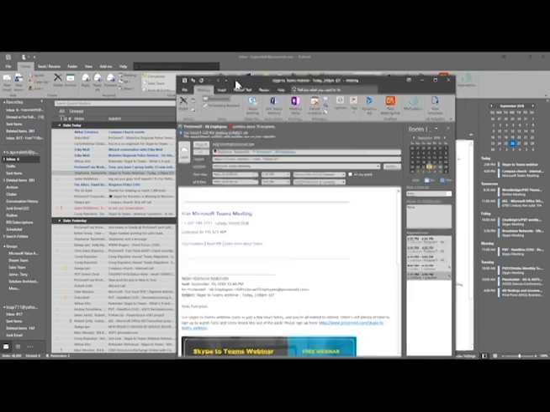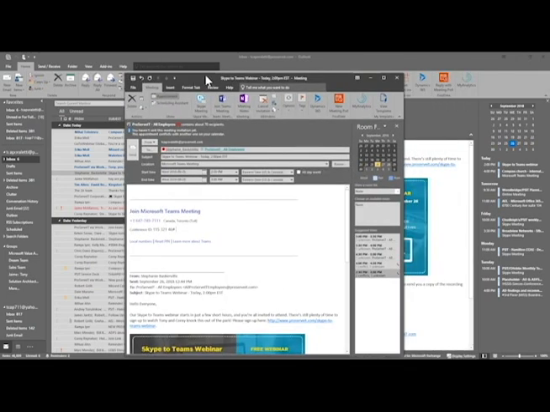So on a day-to-day basis for the typical user, not a lot has changed. The interface is a tiny bit different, but it's still going to be a great experience.